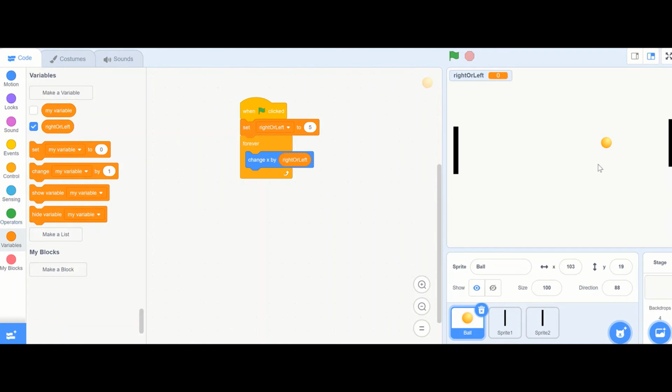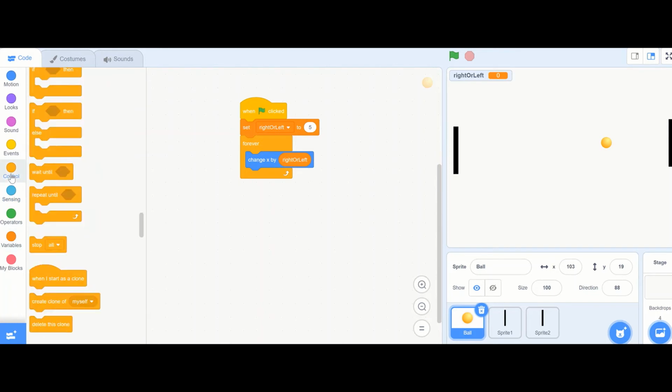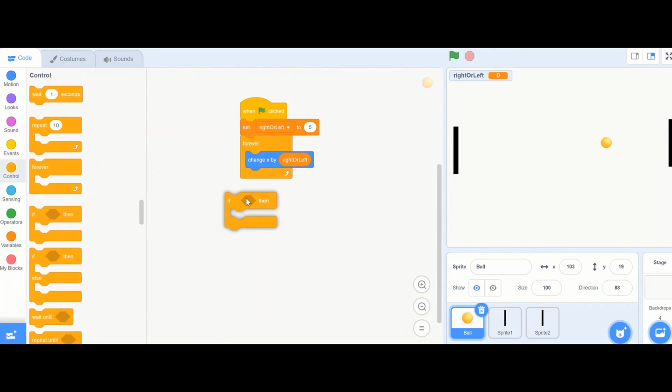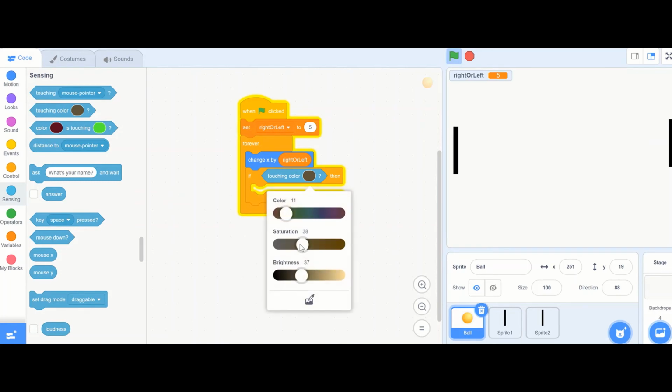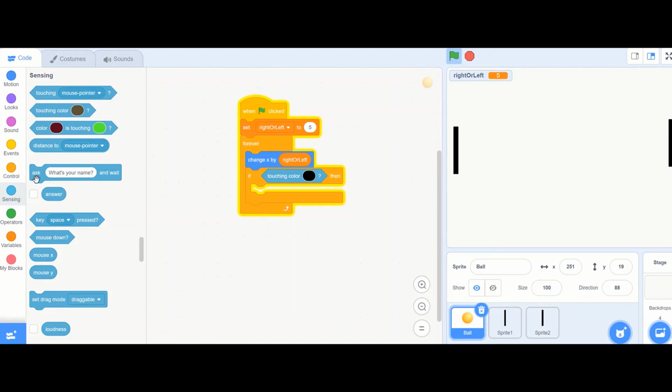The next thing I want to do is sense when it hits one of the paddles, and when it hits one of the paddles, then it should change direction. So how we're going to do that is we're going to take an if loop, and we are going to go to sensing and say if it is touching the color black, let's change this to black. If it is touching the color black, then we are going to set our variable,